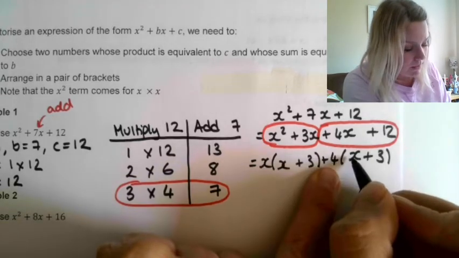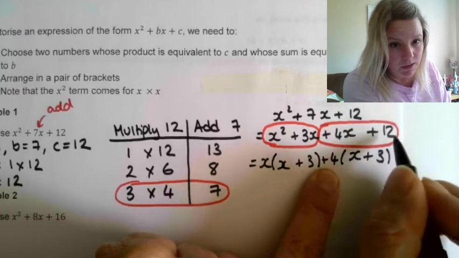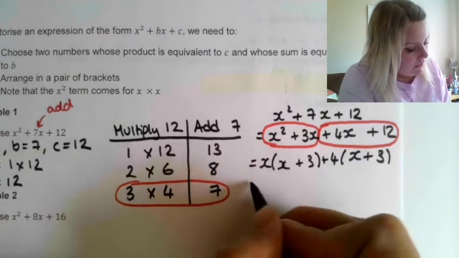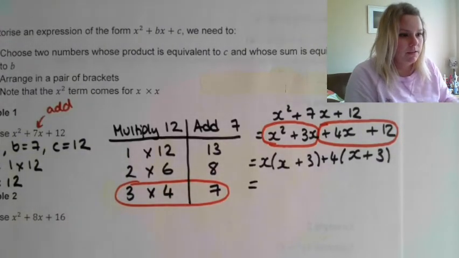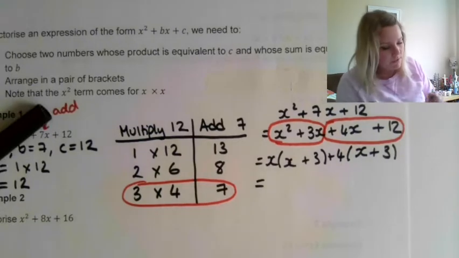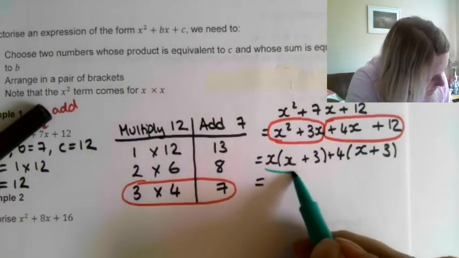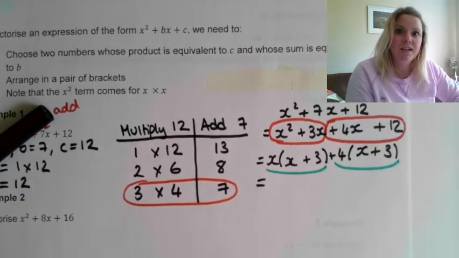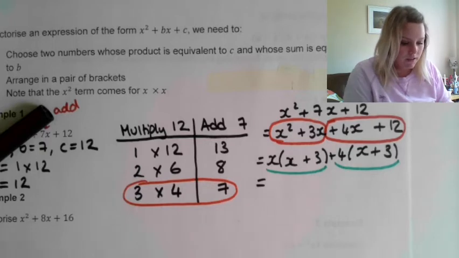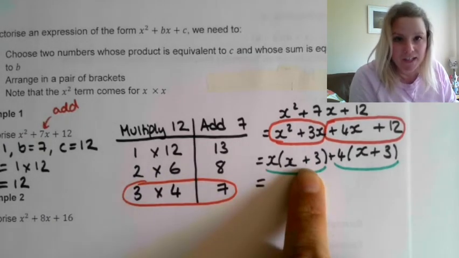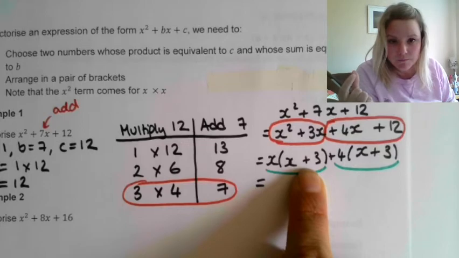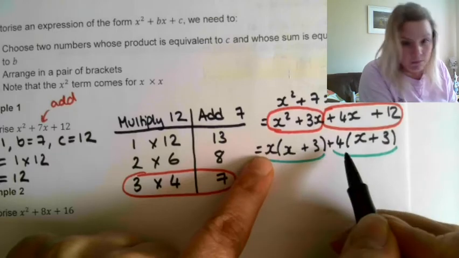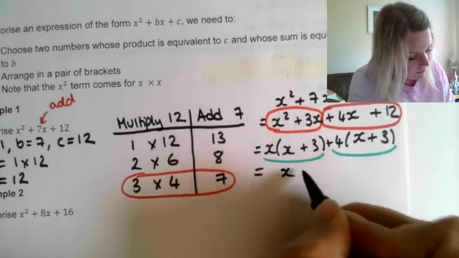Because 4 multiplied by x gives us 4x, and 4 multiplied by 3 gives us 12. Now, one last step. If we think about this all being one term and this all being one term, then we can factorise again. Okay? And do you see how x plus 3 is the common term in both of those? So if I bring x plus 3 out, I'm left with x plus 4. So I would write that as x plus 4,